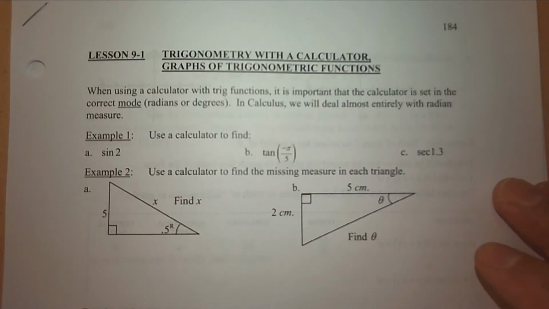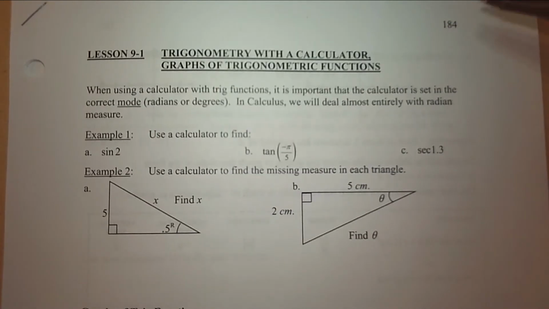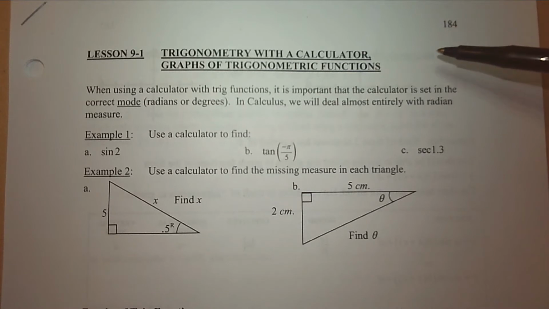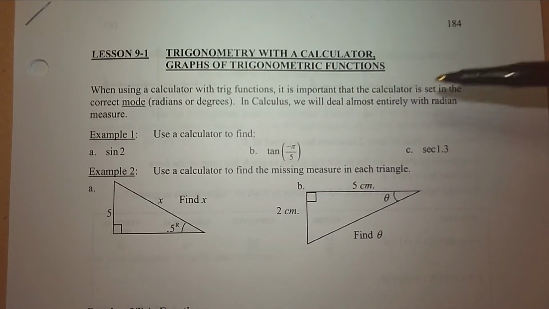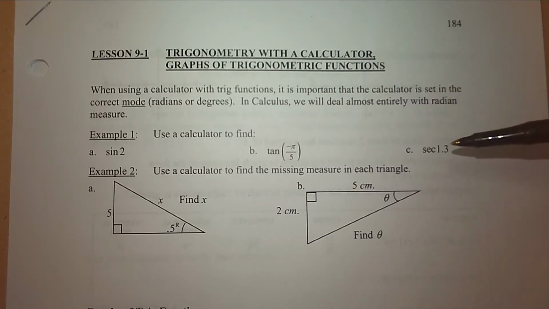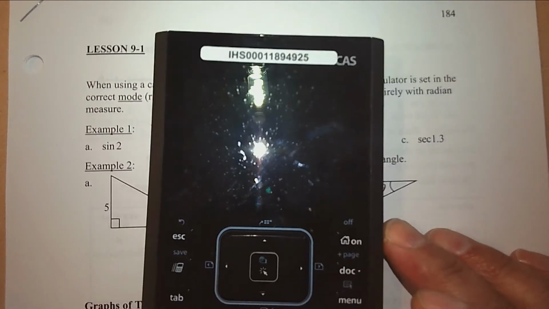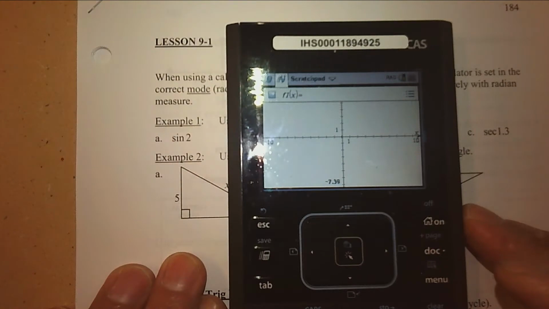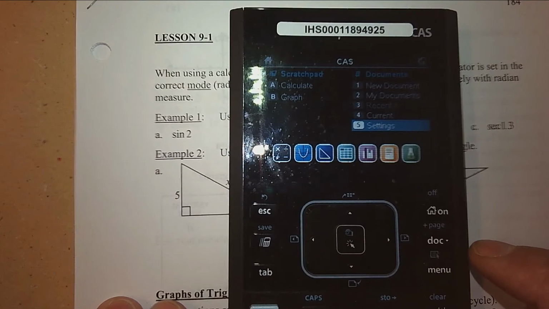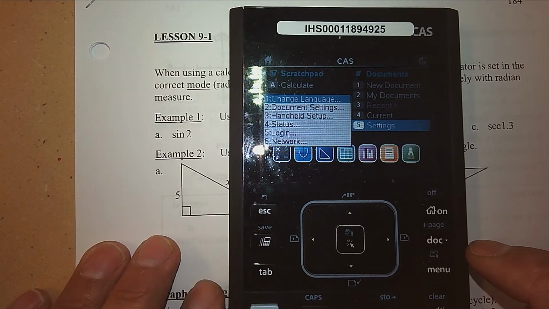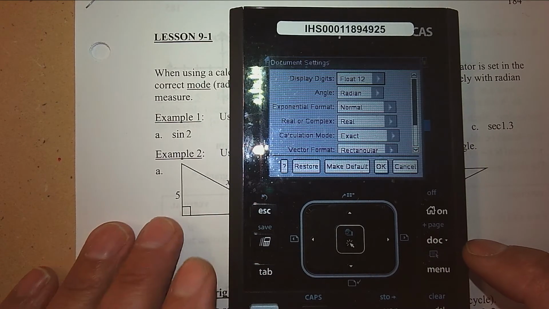All right, so this is lesson 9.1 to do with pre-calculus, part before we get into the calculus part. It says when using a calculator with trig functions, it's important that the calculator is set in the correct mode, radians or degrees. We just talked about that. Make sure that, again, if you look at your calculator, if you press the home button, that's the on button, and go to settings, which is number 5, and then go to document settings, which is number 2,